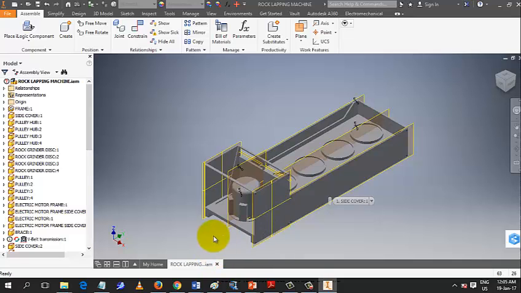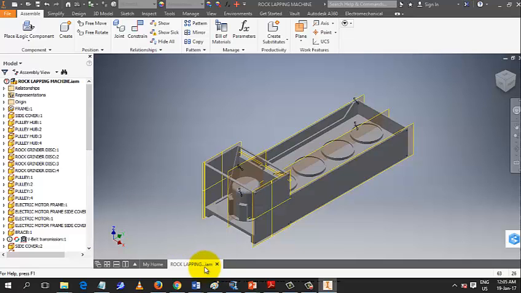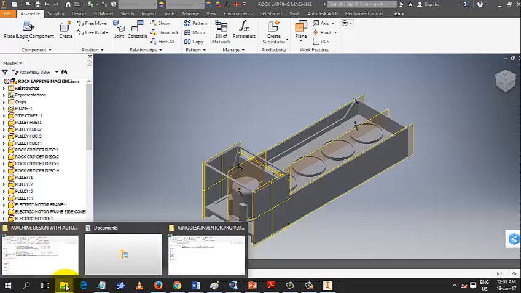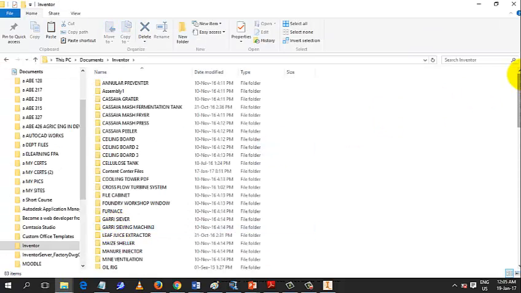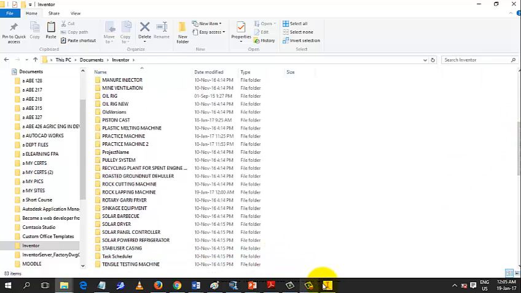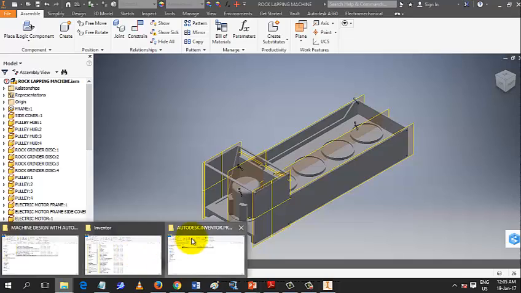So what I've just shown you is what I call the assembly drawing. You can see the file extension is IAM. So the assembly drawing ends with IAM extension. That is IAM. If I go to my folder, my document, and I click on Inventor, don't forget the machine is called a rock lapping machine. So if I go to the folder,